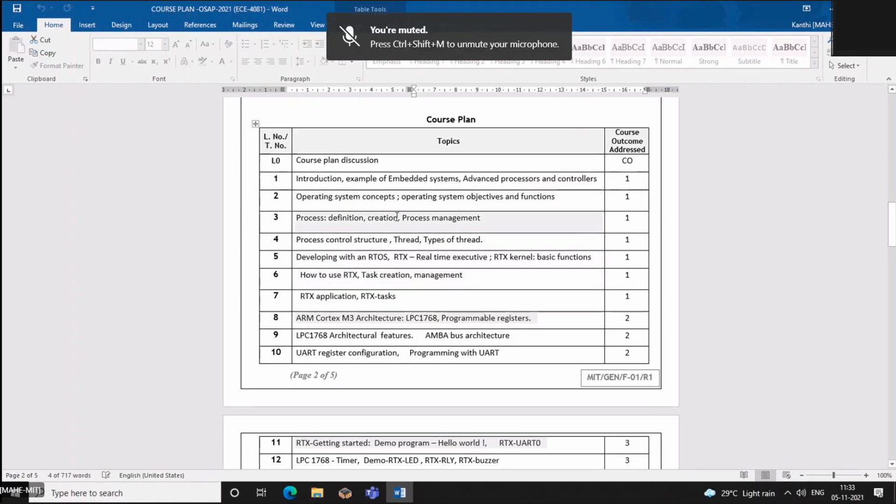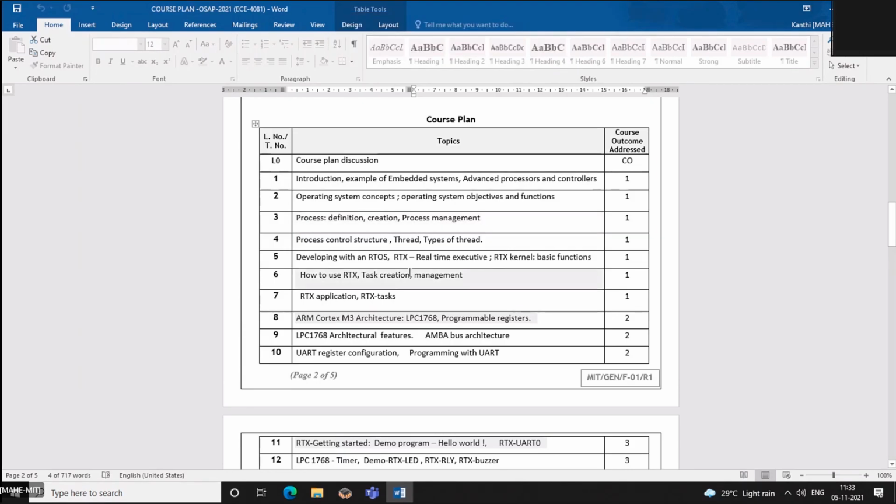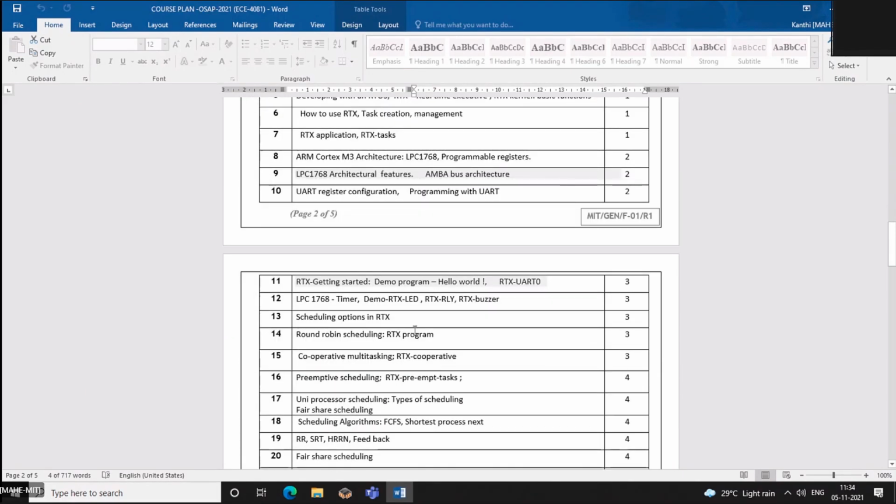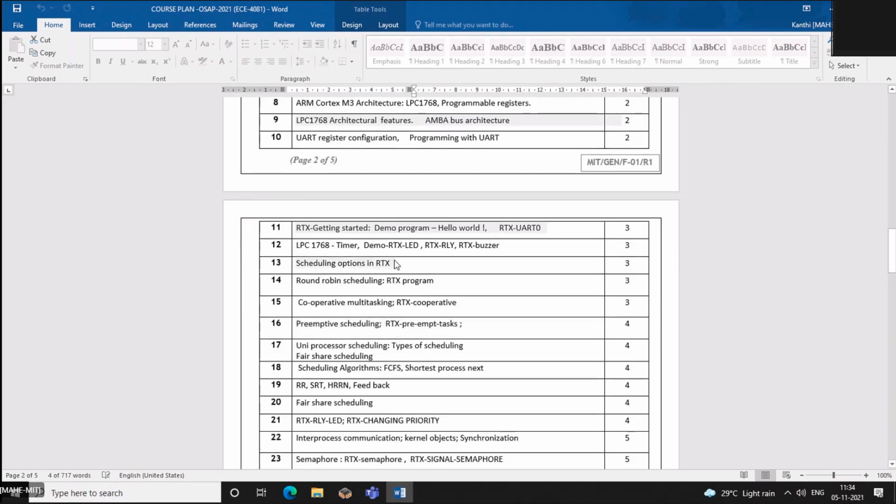So from the beginning: the fundamental concepts and the process structures, data structures, RTX, the Cortex architecture, and LPC 1768, its features, and UART, and the LPC 1768 hardware timers. This is the one which I've modified and uploaded, I guess.